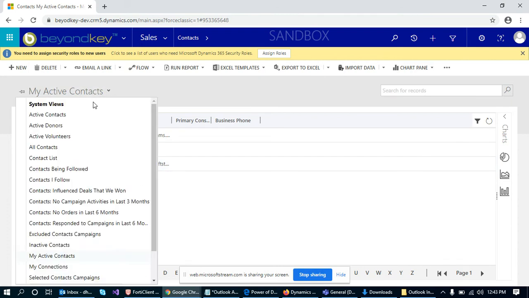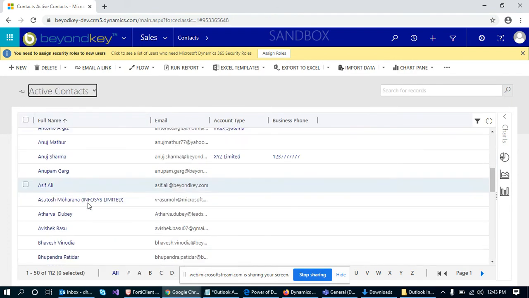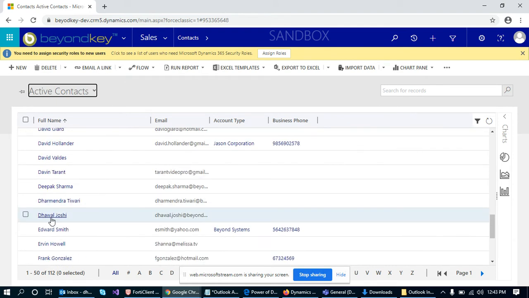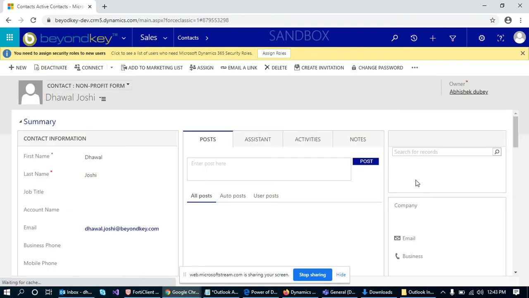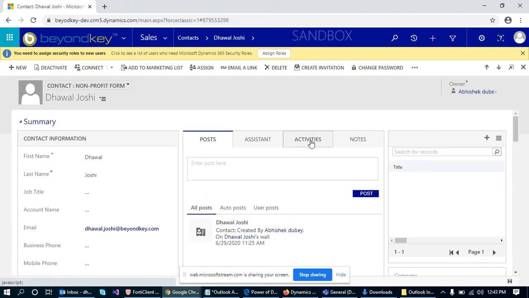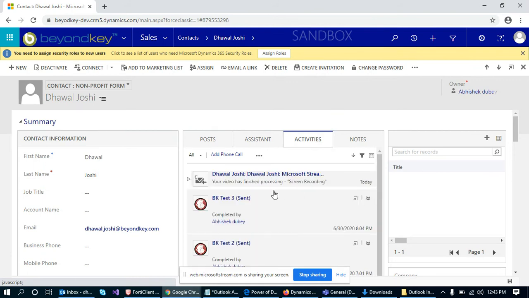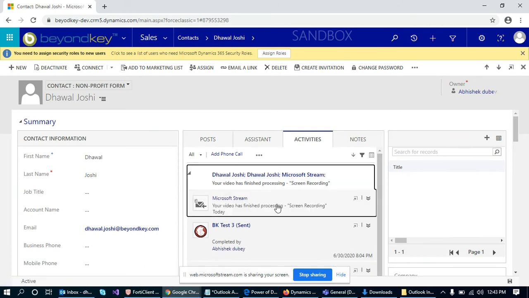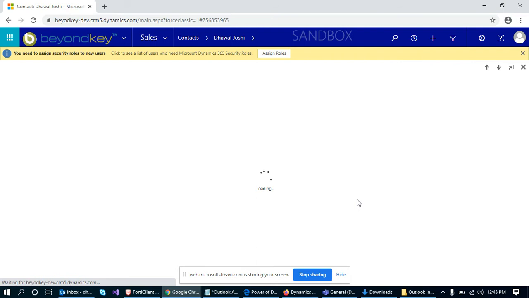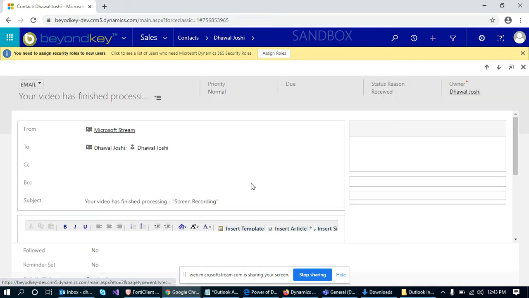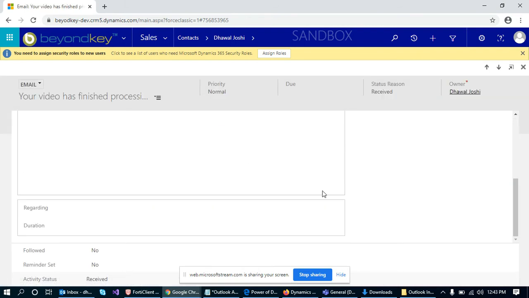I can click on active contacts, go to my contact which is under my name, and go to the activities. You can see that this particular email is tracked over here. This is the same email which I tracked from the Outlook app.